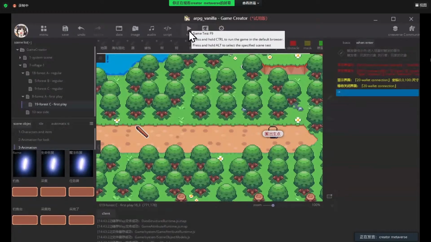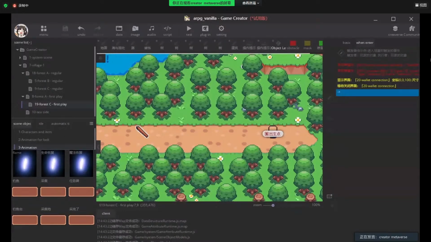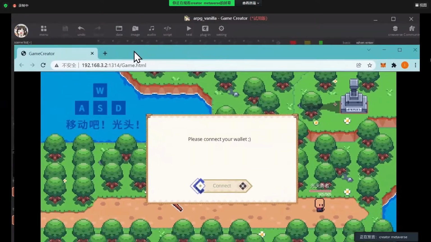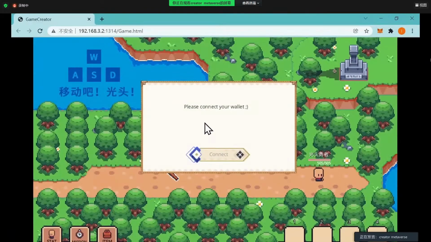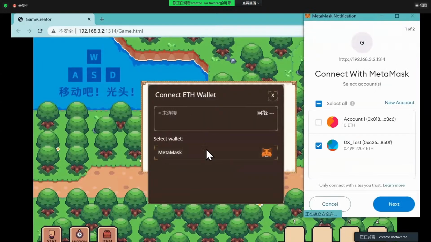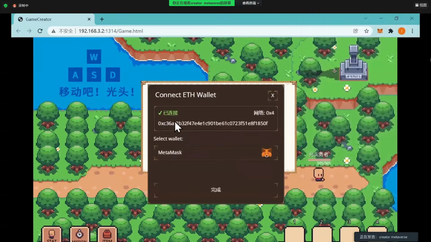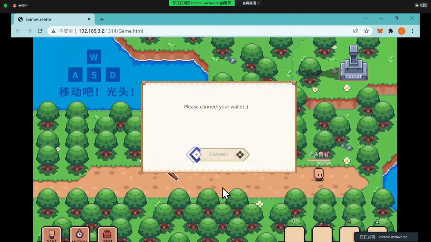All right, so we click here, test game, save, yes, save the game, save the project and the test run. So it will deploy to our web browser. And we already saw this interface popping up. Please connect to your wallet. Let's click this button, connect, and show my wallet, which is the MetaMask, and my test account. Yes, connect, connecting. Yes, connected. So finish. Yeah, we got some problem. So it did not automatically disappear.